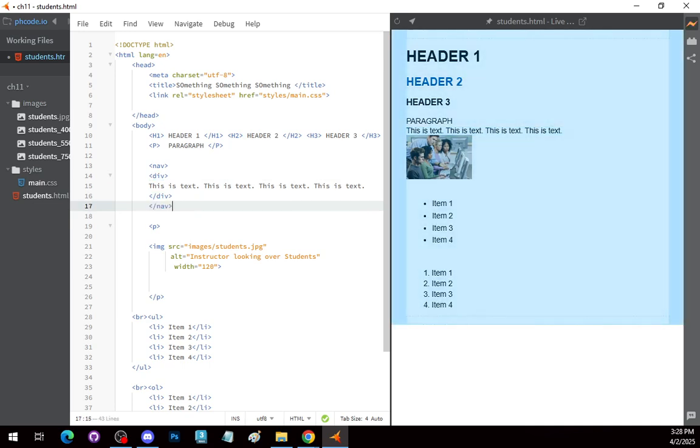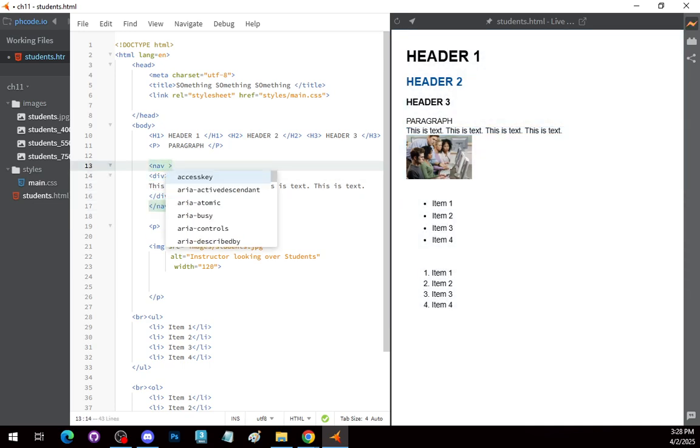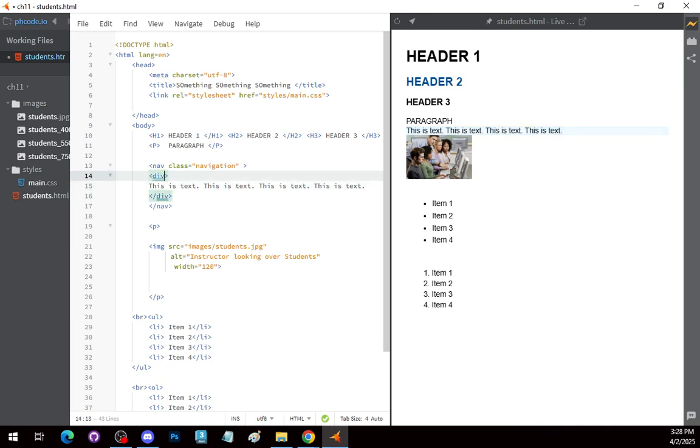Delete that, drop that there. Again, when you start using these navigation and division tags, you will eventually get class names. Say class equal to